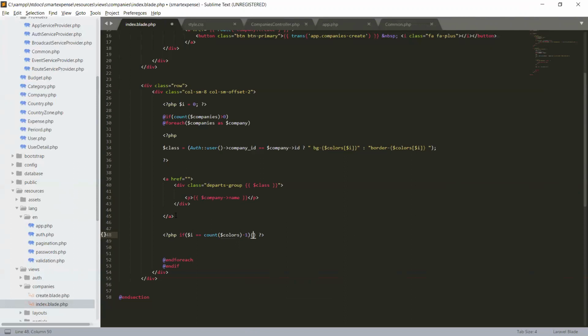So $i is equal to -1. I is equal to count of colors, give -1 from the color array, and also I is equal to -1, and iterate this I plus plus.